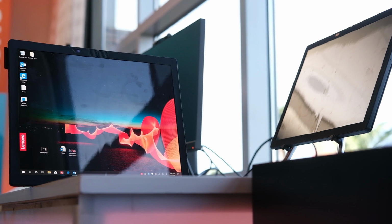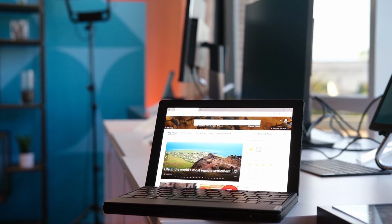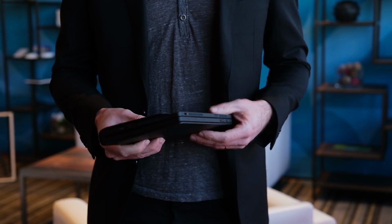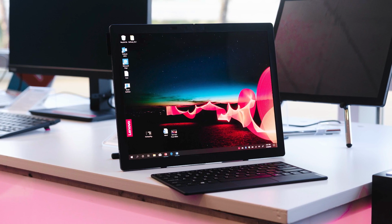Hey guys, we're out here at CES 2020 and we've seen this before, but we wanted to get some hands-on time with it ourselves. This is the Lenovo ThinkPad X1 Fold, and it's basically the first foldable laptop. I know what you're thinking, every laptop is technically foldable, but this is actually using an OLED foldable display. It's actually an LG foldable display, kind of like we've seen in the past, but now, hey, it's on a